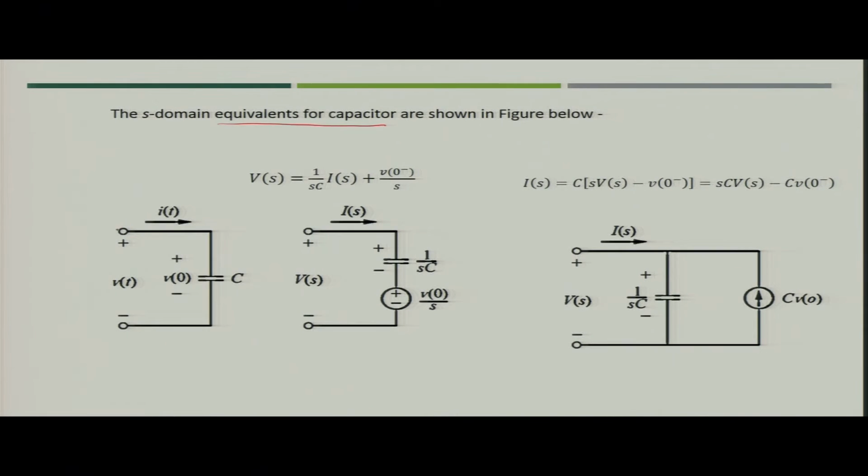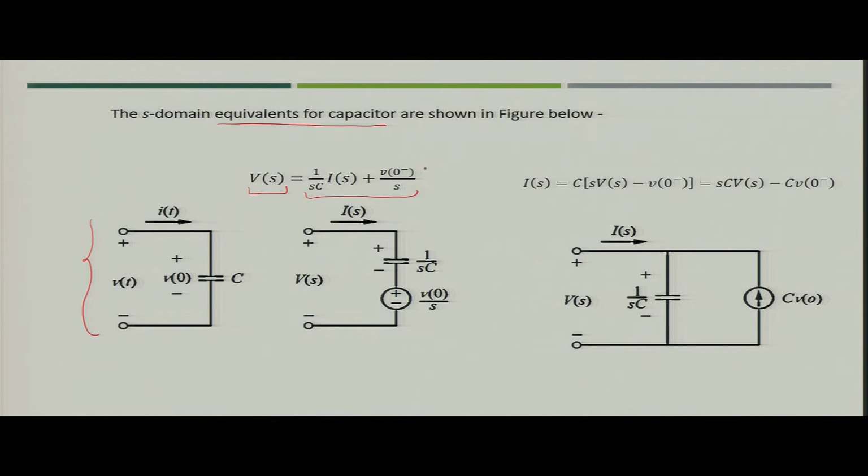So, this is the equivalent representation of a capacitor in time domain, where you have voltage across the capacitor as v(t), the initial voltage across the capacitor is V0, that is v at time t equal to 0, and a current i is flowing through the capacitor at any time t. Now, when we are asked to find the voltage V(s) in the S domain across the capacitor,